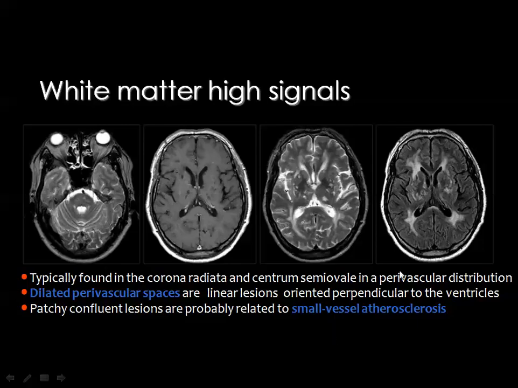Then if you look here, this is an axial T2, and this is axial T1 post contrast, and T2 and the FLAIR. And you see here in the white matter there are patches of high signal intensity in T2 and in the FLAIR images. And also you can see the foci of abnormal signal in the basal ganglia. These lesions will not show any contrast enhancement. They are not surrounded by edema and exert no mass effect.